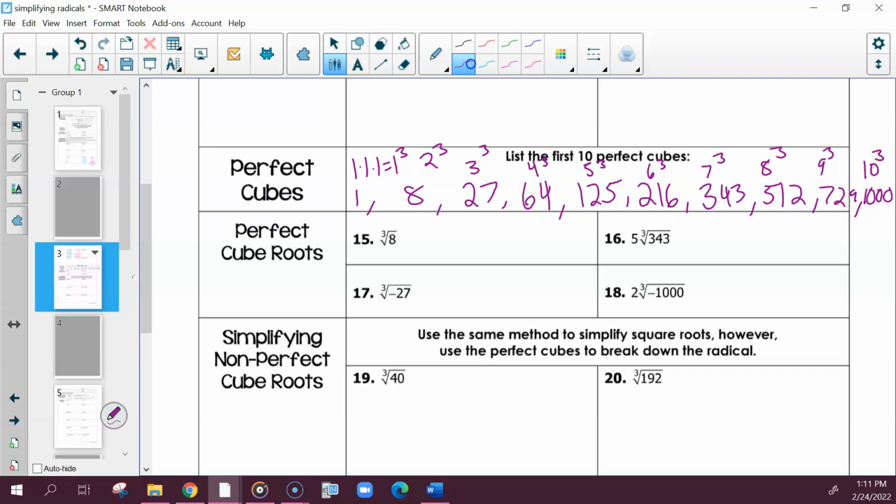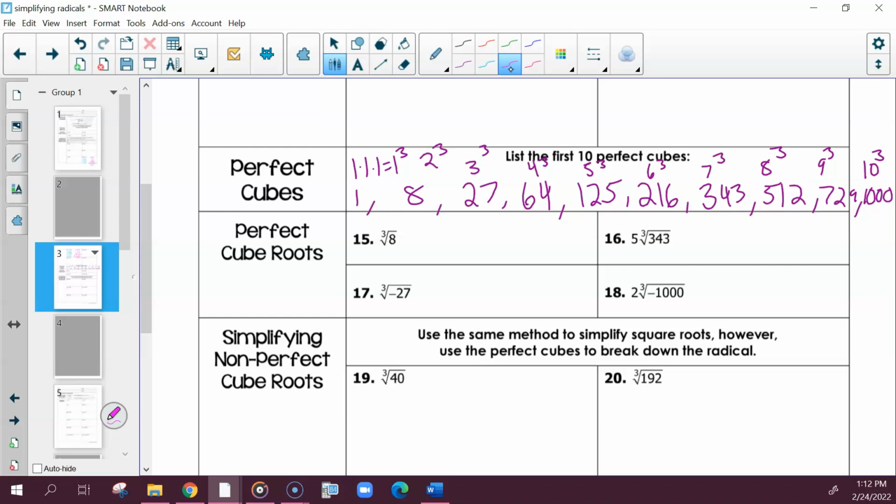So the first 10 are really good to know, but then you get big and you do have your calculator, so don't feel like you have to know them. Right? So if you're given a perfect cube root, like number 17, I'm sorry, number